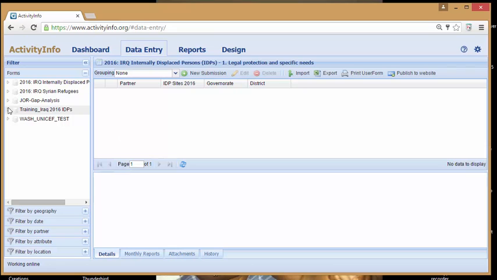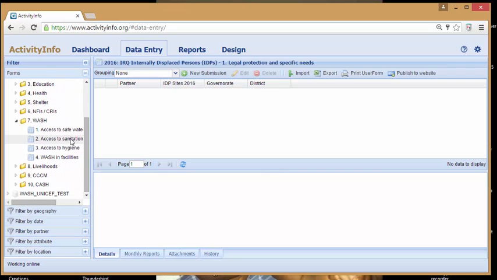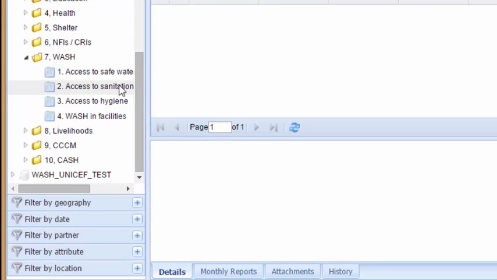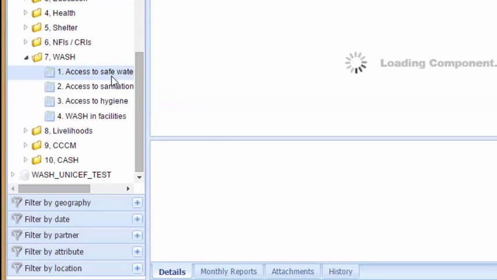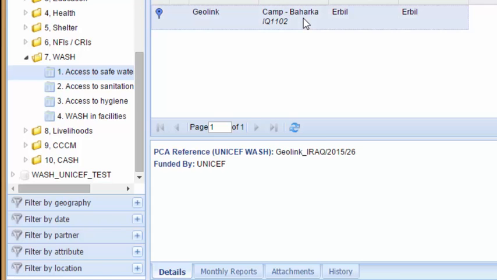Let's go to WASH again. If I want to report the beneficiaries for Baraka Camp, access to safe water, for February 2016, I click on access to safe water. I click on the same site I created before, so I click this site. I come to monthly report here,